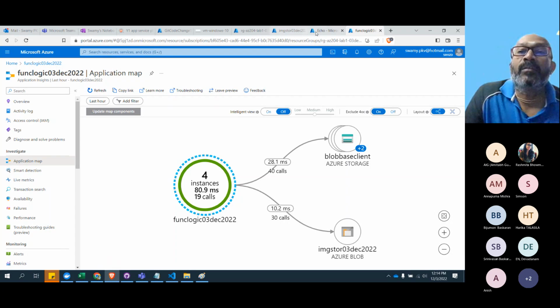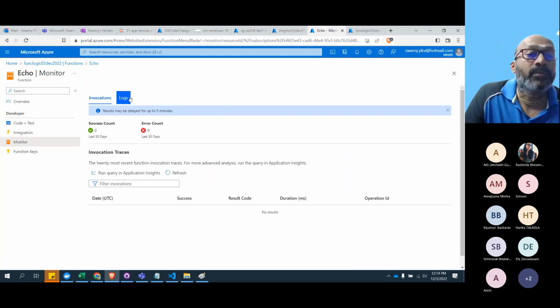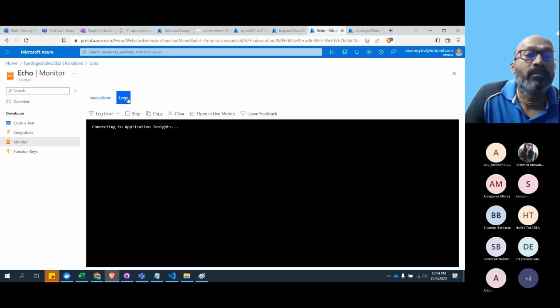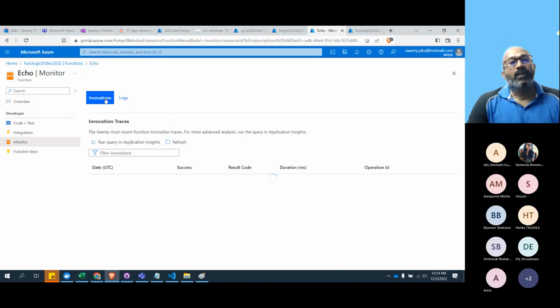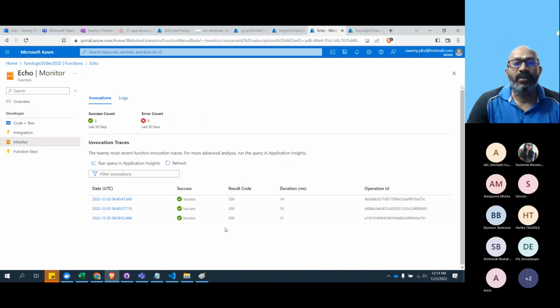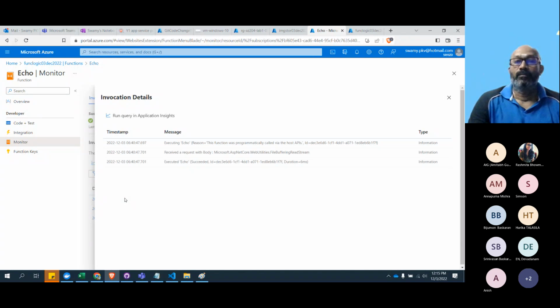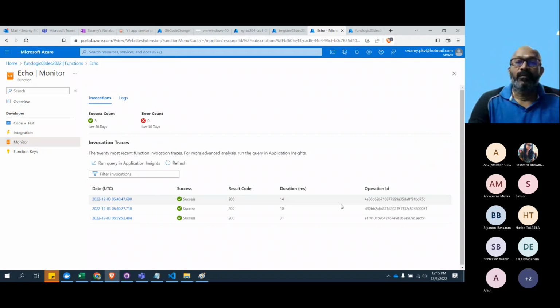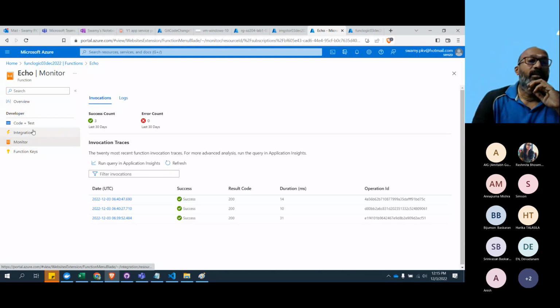And there are some other things which I would like to give you. Let's come back to invocations and see that. All the invocations, you can specifically click on this. It gives the logs, whatever you write. And it gives how many milliseconds it took and what the result is.